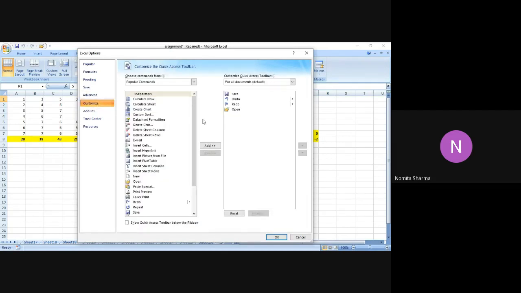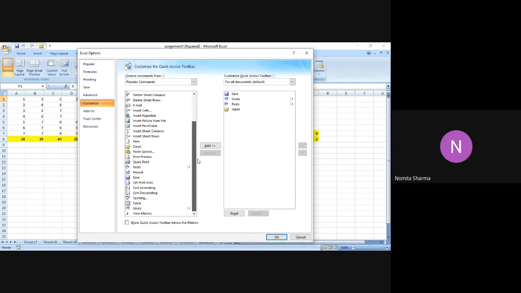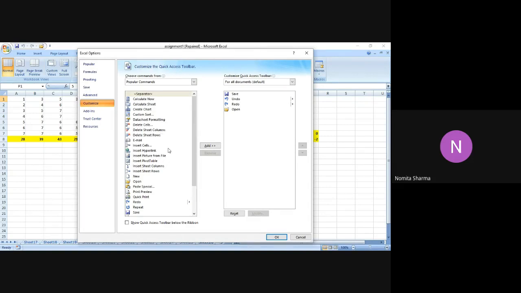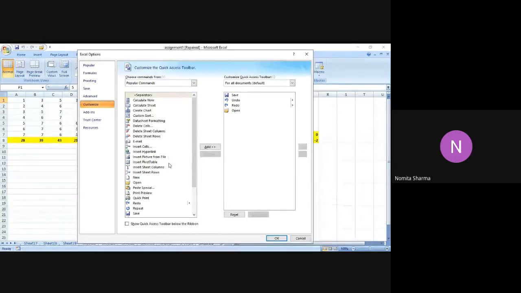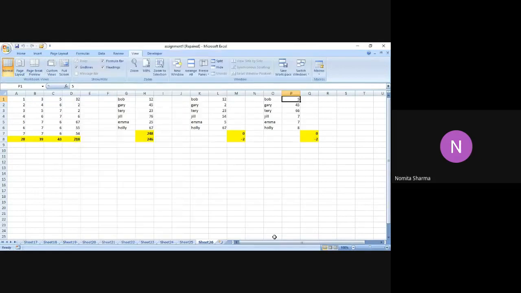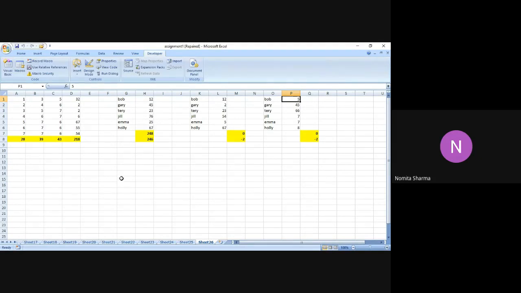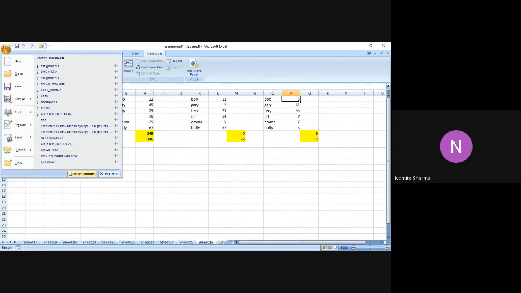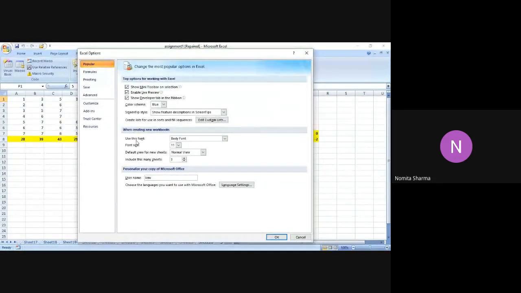So in the latest versions, the developer option will come automatically. But if it is not there, you can just enable that. The developer word will appear in this particular customize option. You just have to drag that developer option from this box to this box, and then say OK. When you say OK, the developer tab will come in the main options, like in my case, it has come. I'm just trying to show you how it has come. So when I went there, wait, yes, so I got this.